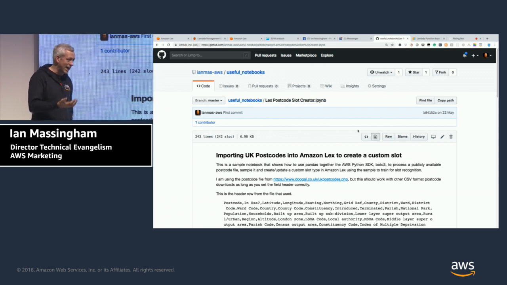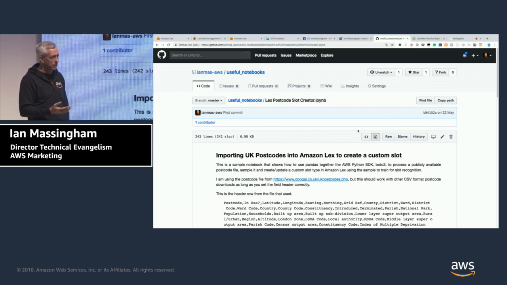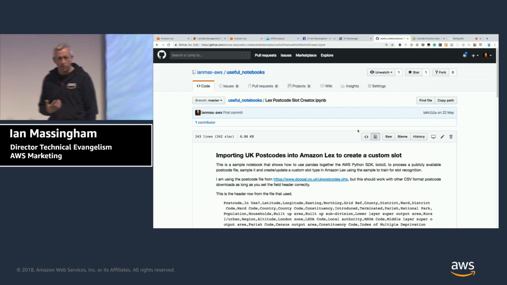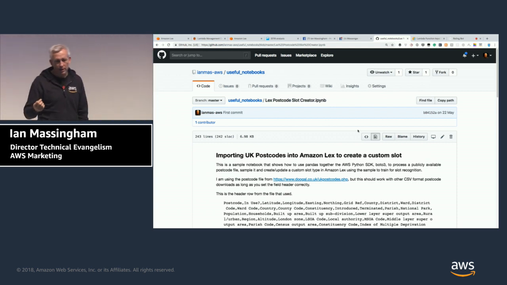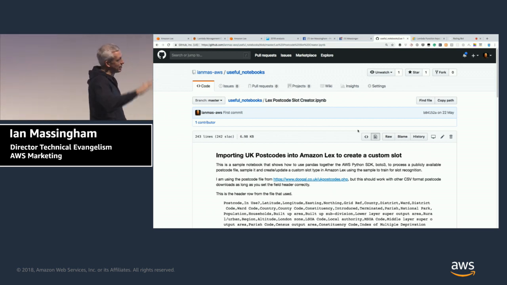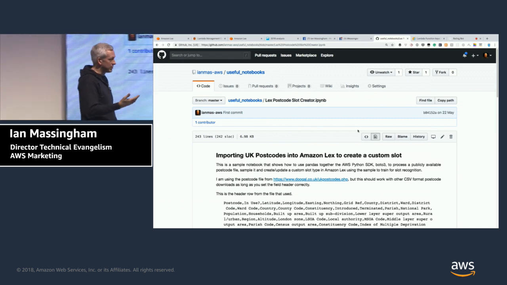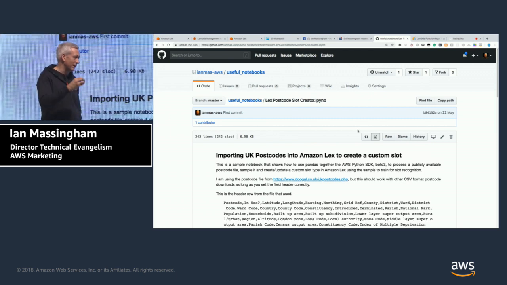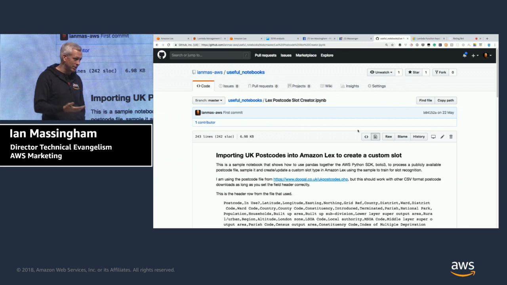Those data sets are likely to be programmatically generated and stored in other systems of record, right? So wouldn't it be helpful to be able to build automation to do slot training on a schedule? So say every Thursday you could figure out whether you've had any branches opened or closed and update your branch list dynamically with only the permissible values for that particular slot.